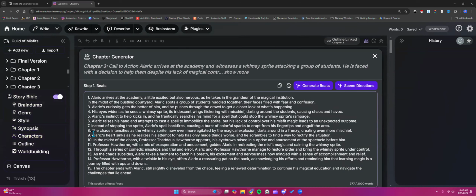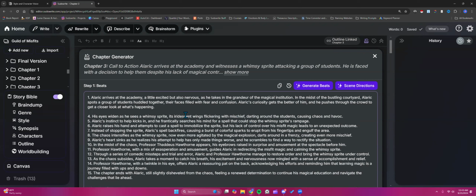All right, so I'm just going to combine these so we can get a good beat. Again, not editing, just flickering with mischief. No, I'm just going to say the sprite's starting around. That's it. So lack of control. I want this to be more comedic, and I'm thinking this might defeat it. So I'm just going to say,